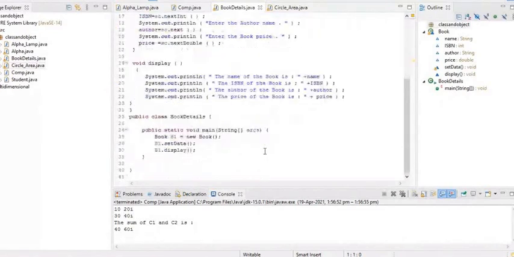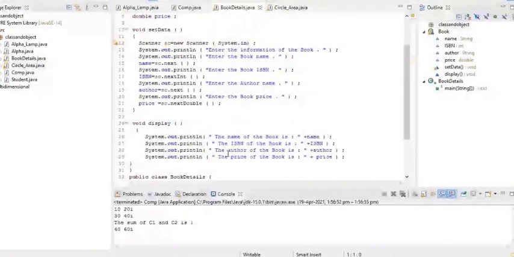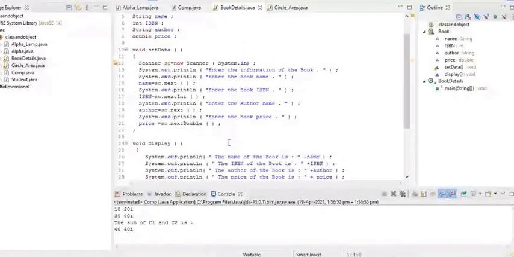Here, we have created a new object for Book, b1. Then b1.setData. It will go to the setData method. In the setData method, we have created a scanner object, and then we input the book name, the book ISBN, author name, and book price.